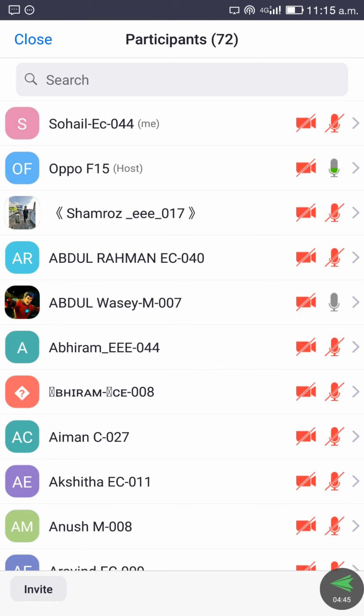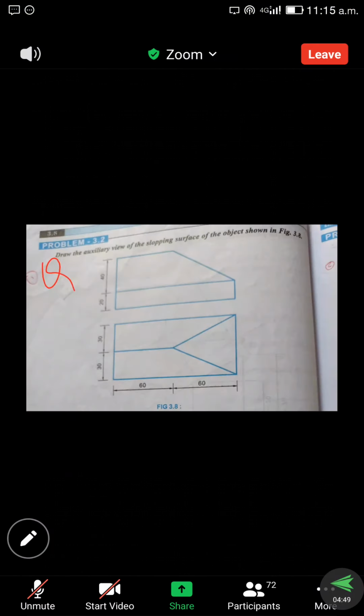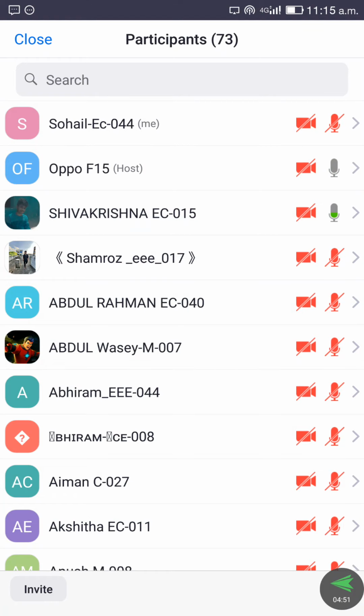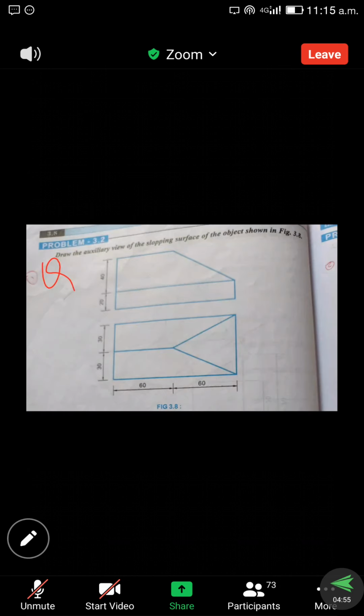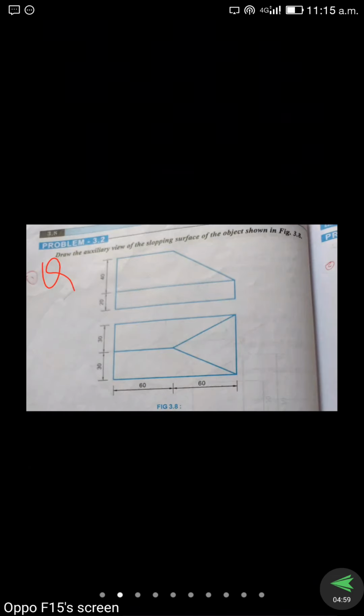Where is the inclined surface? Front view. So see here, the front view and top view are given. Where is the inclined surface? Here it is in the front view. Okay? So how to draw the true